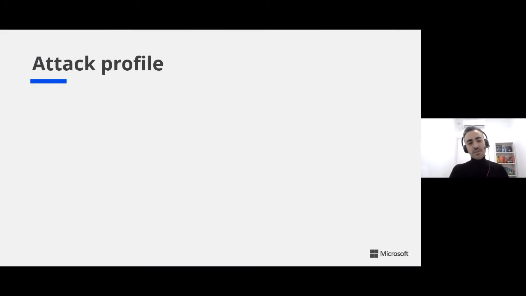Okay. So I hope that you already see the connection between what those researchers say and UEBA capabilities. And I'm going to dig even deeper into the attack to prove to you why UEBA is really the best solution to handle these kinds of attacks.